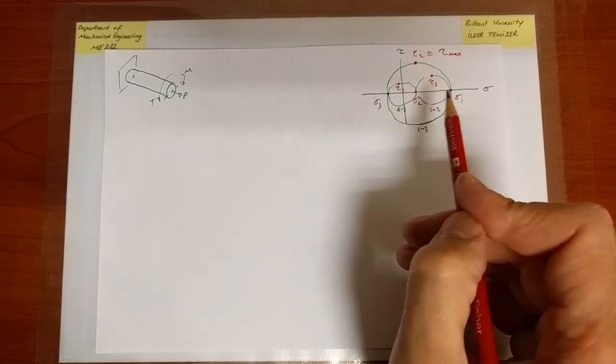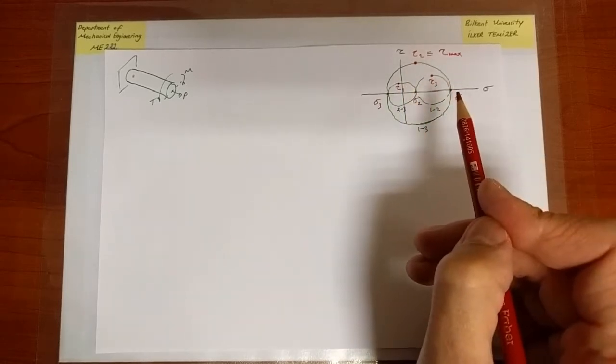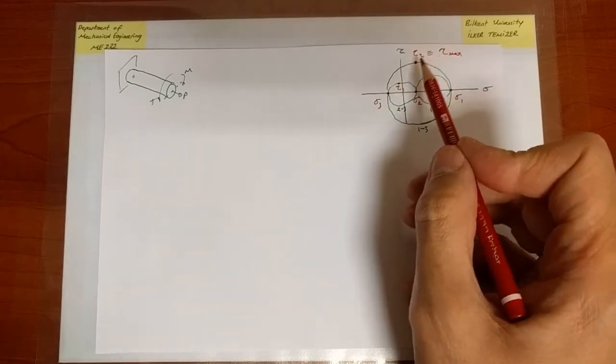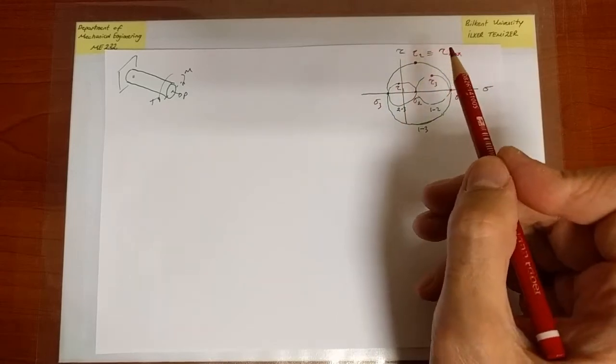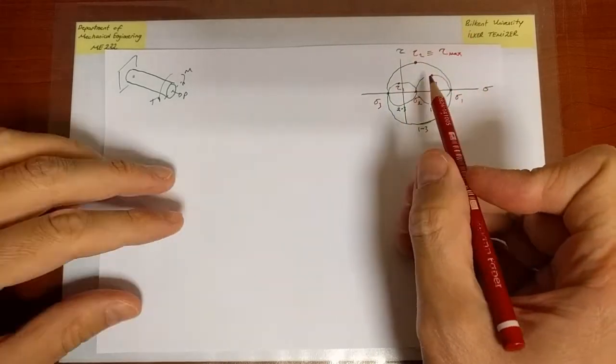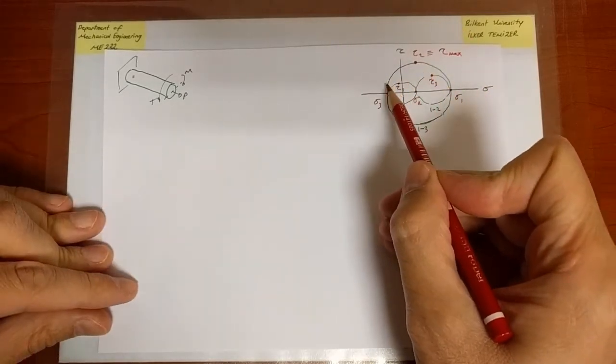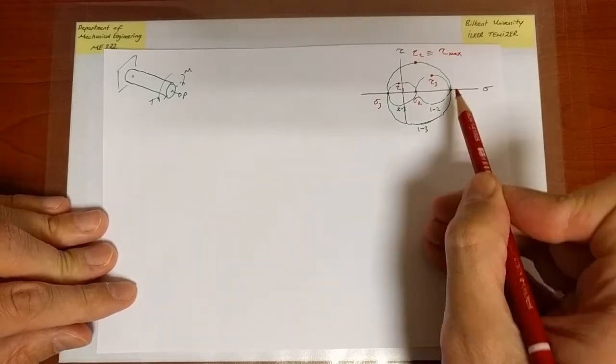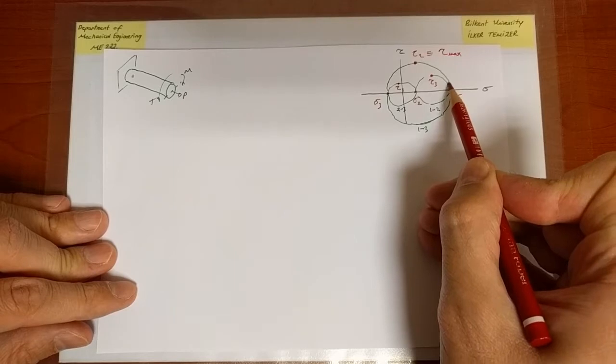In other words, where are they located? What is their orientation? For instance, if I'm talking about the normal to the plane, what are the direction cosines associated with that plane? So, for instance, here I know that the absolute maximum shear stress has to do with the rotations in the 1-3 plane. And with respect to the one direction, if I rotate,